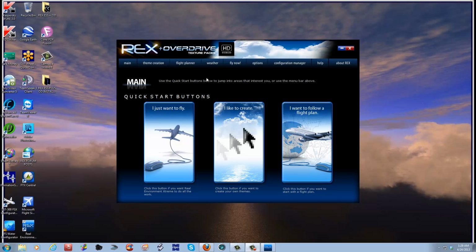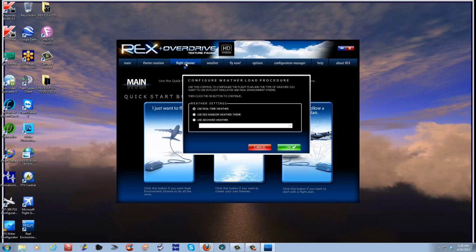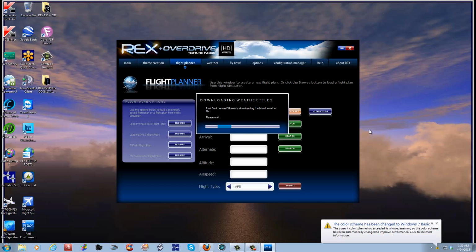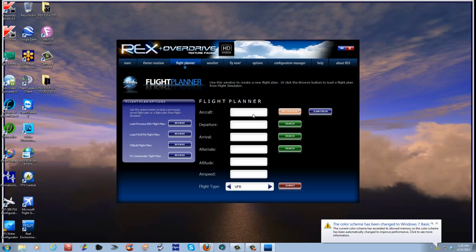Let me back up. If you go to Flight Planner in here, and you want to create a flight plan, obviously, with Rex Essentials Plus, you can use FlightAware if you want to pay that $1.99 monthly fee, which I do because it's kind of cool to have. You just click on it and that goes in there. If you create any flight plan in here,